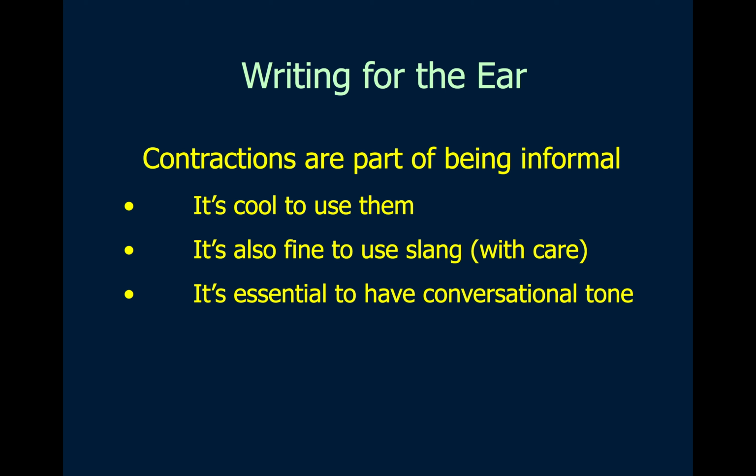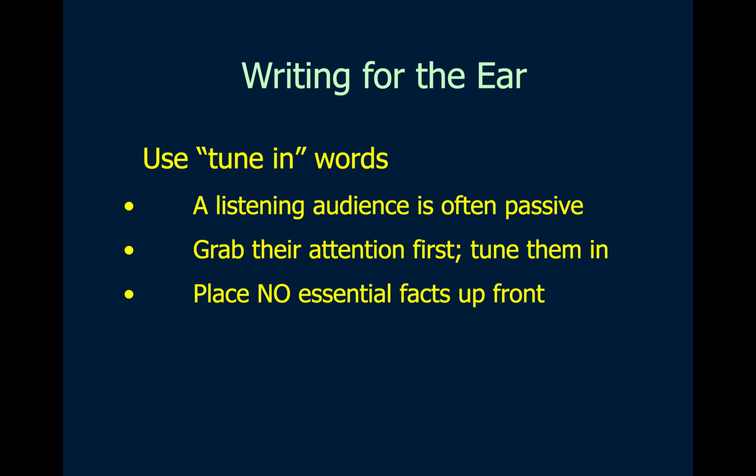Also, just be careful to use slang that actually makes sense. So, for example, if I was talking to a friend and he said, what are you doing this weekend? I wouldn't say I'm chilling at my crib. I am a 41-year-old teacher. I do not have a crib. I have a house. I wouldn't be able to use that slang. But using slang is essential to having a conversational tone.